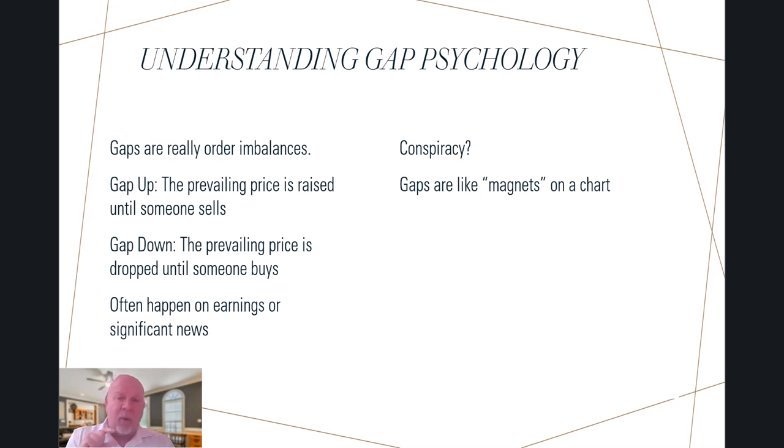Okay, so there's a lot of people that think that there's a conspiracy on Wall Street, and I think it's a combination of conspiracy and psychology. When people gap something up, the stock is running away, so they want to drive it up even further, and it creates a gap that might be on the chart for a day, a week, a month, a year, 2 years, and eventually it's going to get filled. For some reason, I don't know why.